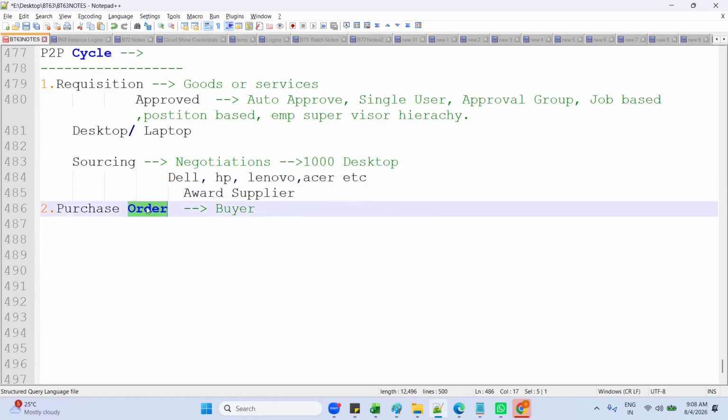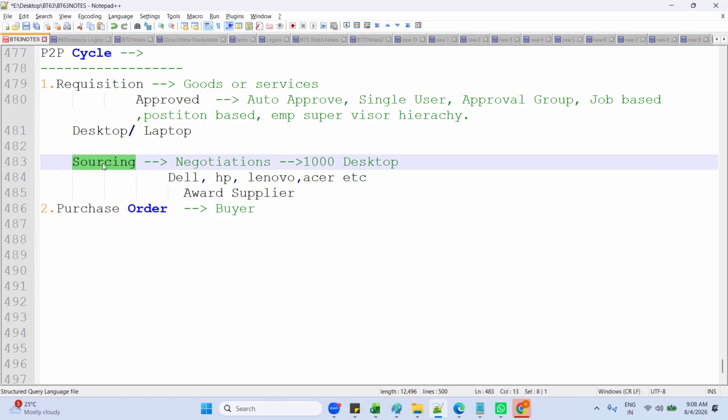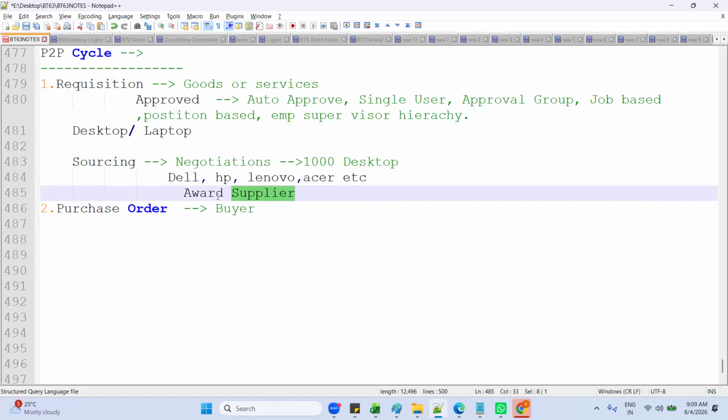Before creating a purchase order, there is a sourcing module in between. In this sourcing module, you will have a number of negotiations. What is your price? What are your delivery times? And what are your payment terms? There are so many parameters. This buyer will have a discussion with the corresponding vendor team, and finally he will choose one of the suppliers as the awarding supplier. Once the awarding supplier has been selected, then we will create a purchase order against